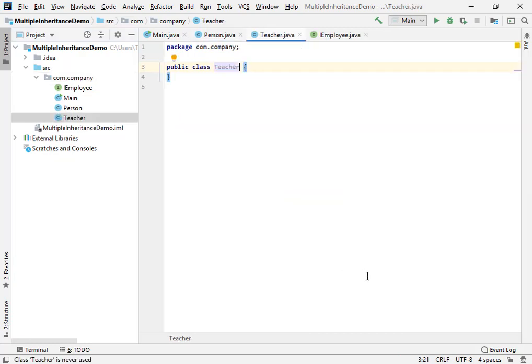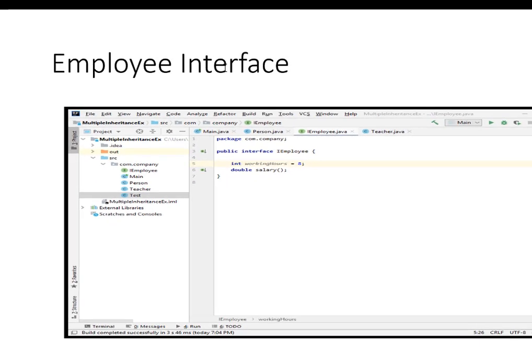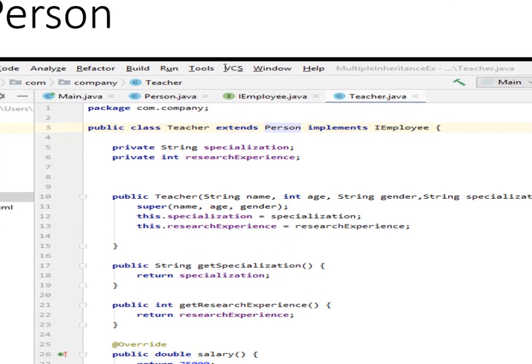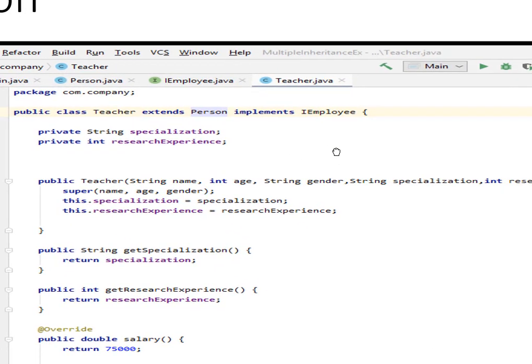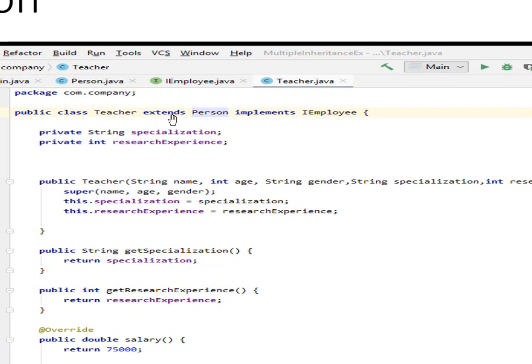Okay, so now in this particular class, first of all, we're going to accomplish multiple inheritance by extending this class from the person class, so then it can inherit all the public properties or methods which are available within that class. And at the same time, I'm also going to implement the interface which I created, which is interface employee.